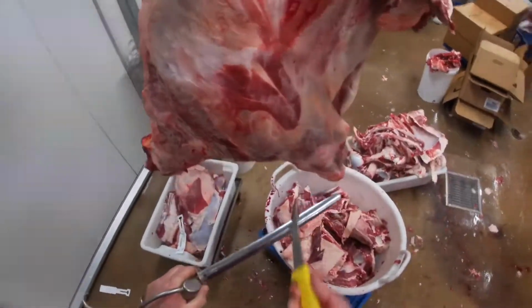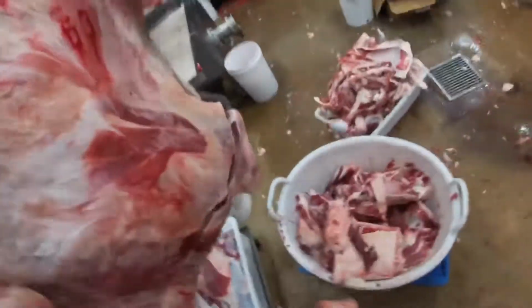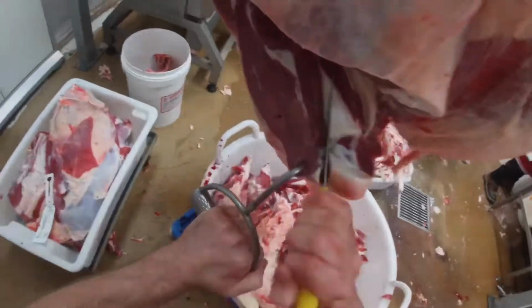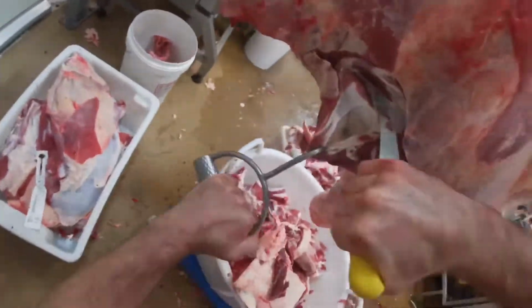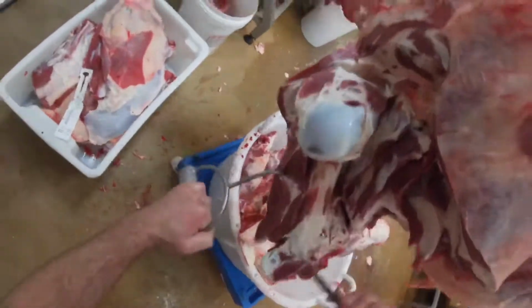Okay, next step is take the leg off. So also known as the shin or bowler. So mark the top of that bone on the bone through the joint, either side of that bone there. And we come over the top of the joint, back through over the top, cut all the tendons so it drops out. Then we just mark around the bone,